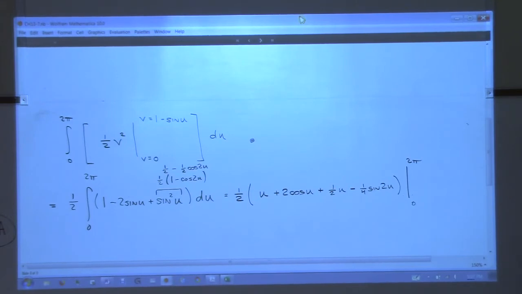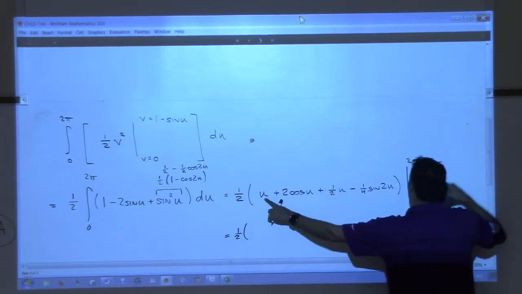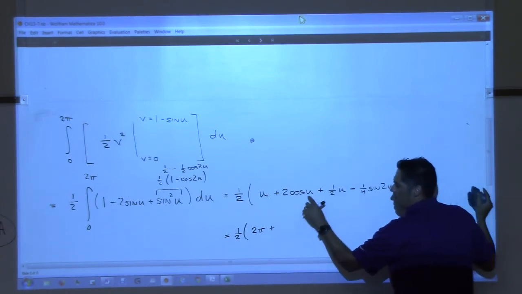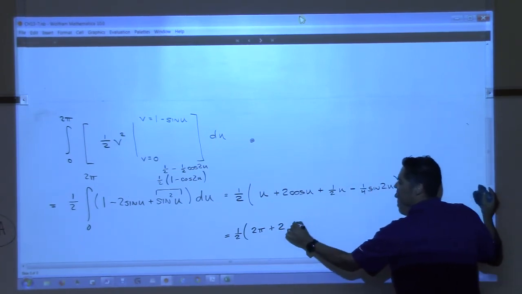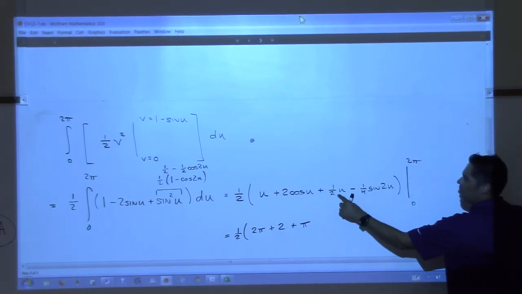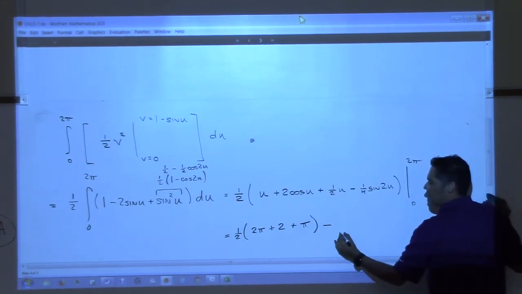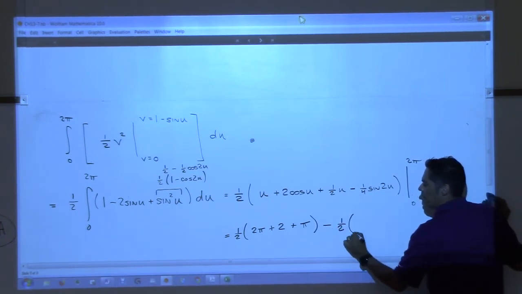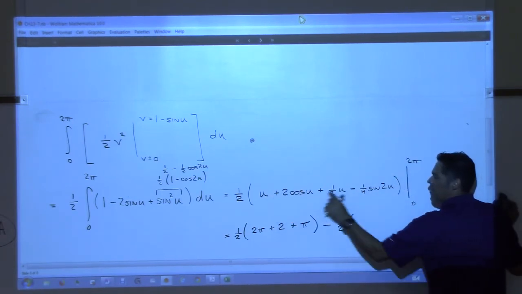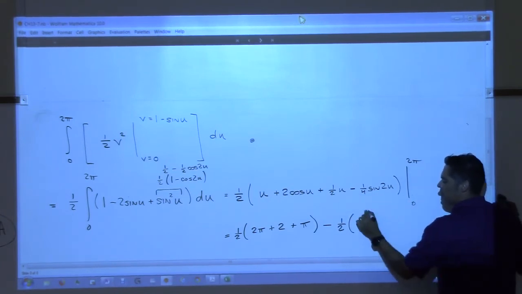And now 0 to 2 pi. So 1/2. Replace that with 2 pi, we got 2 pi. Plus, what's cosine of 2 pi? 1 times 2 is 2. All right, plus, I guess I could have done that earlier, but that's just going to be pi, right? 2 pi into here. And then sine of 4 pi is 0, so there's nothing from that one. Minus, now when we plug in, 1/2. Do we get zeros the whole way? No, we do not. 0 here, but cosine of 0 is 1, so times 2, so we get 2. 0 here, 0 there, so